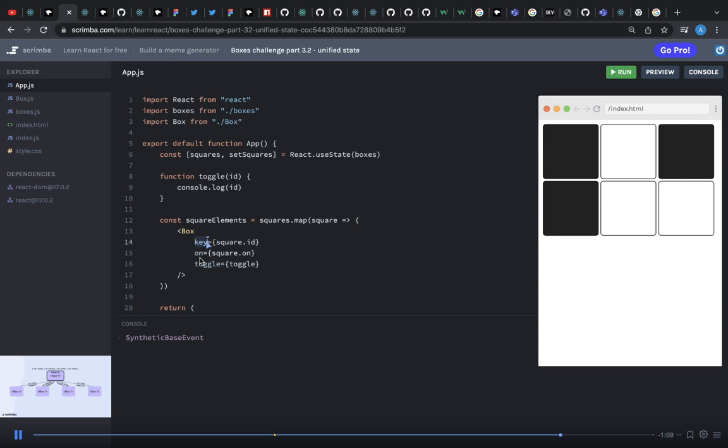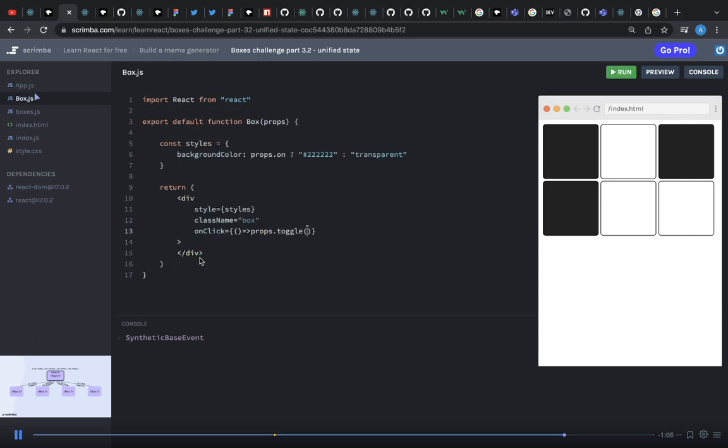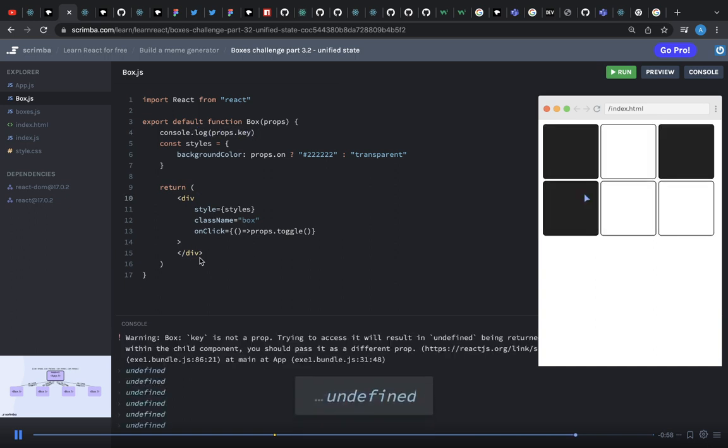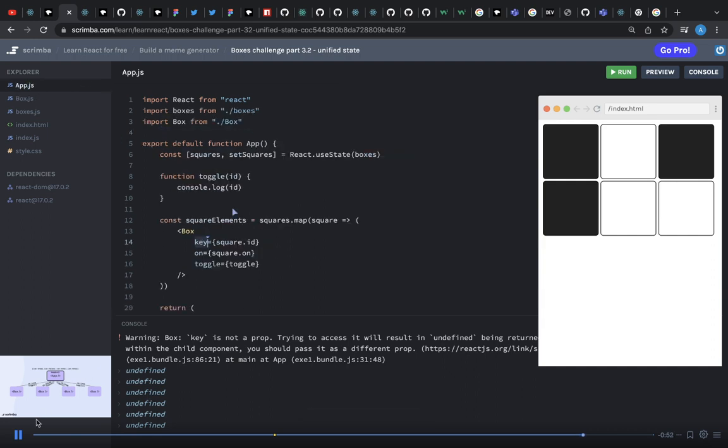Sure, I have this key prop. However, the key prop really is intended for something completely different, and I'm fairly certain that if I even tried to access that key prop, let's console log props.key, yeah, I'm going to get a bunch of undefineds. I don't have access to props.key inside of this component, but that doesn't stop me from